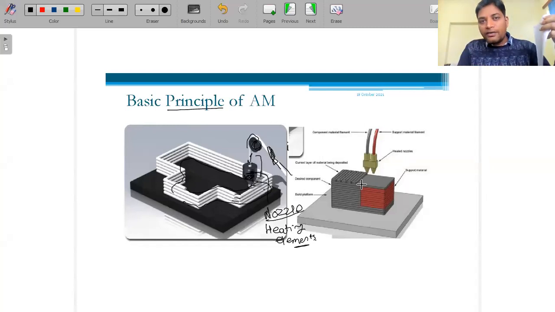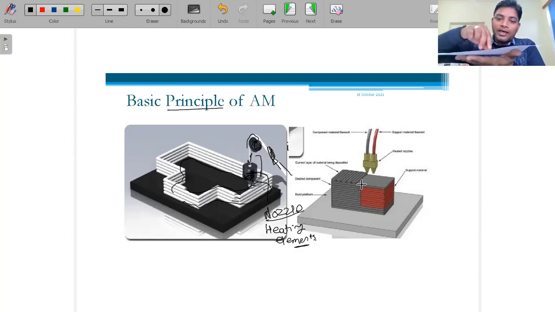Whenever we give a print command, it prints on this face, either in the X or Y direction. But 3D printing means what? This is the X direction, this is the Y direction, and there is also a Z direction. So we are using all the dimensions, X, Y, and Z. That is why we call it 3D printing.